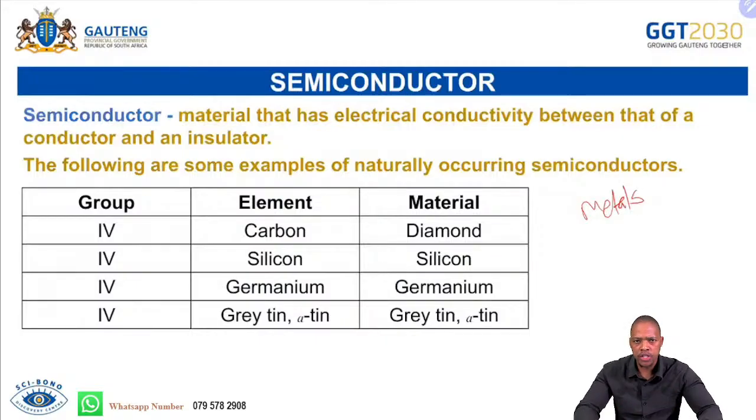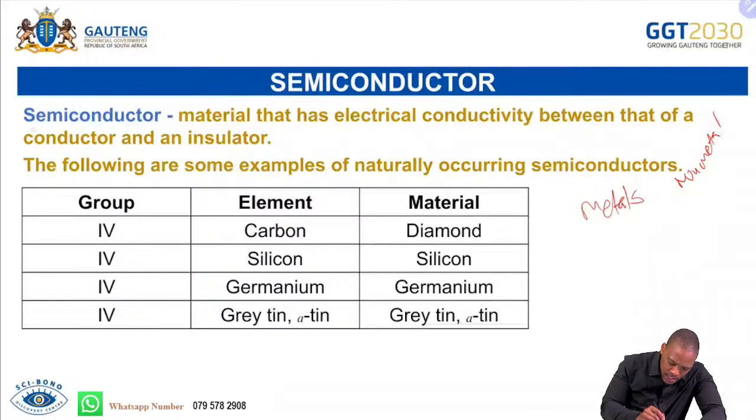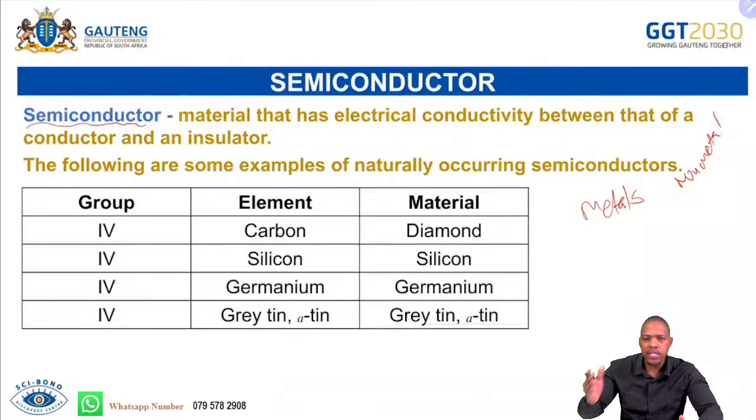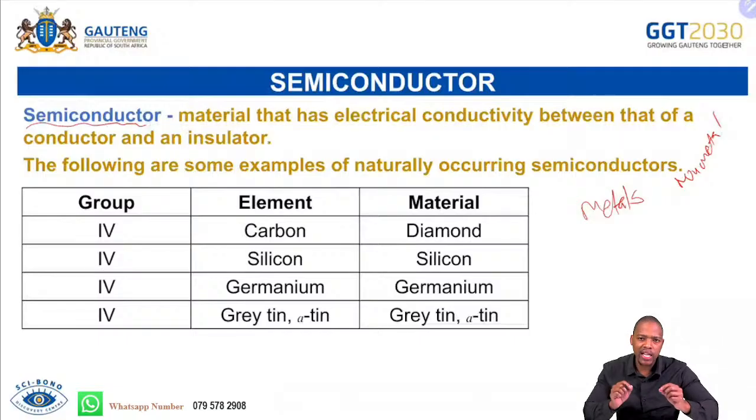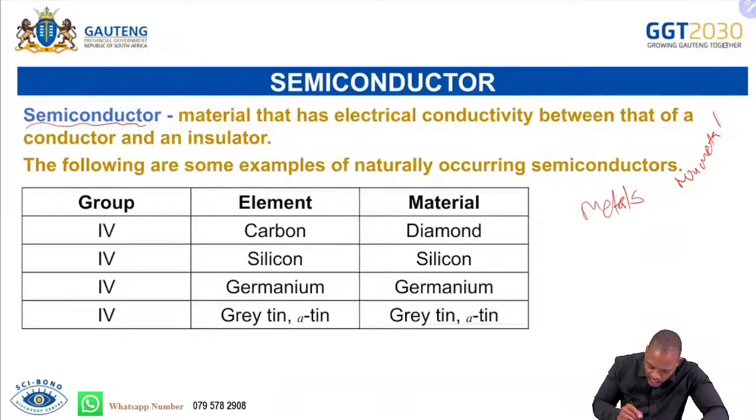It allows electricity to flow through it. So that's good for us. And then we have an insulator. These are usually non-metals. These ones do not allow electricity to flow through them. And then we have a semiconductor. Okay, what is a semiconductor? We say this is a material that has the electrical conductivity between that of a conductor and an insulator. Just right there, having the electrical conductivity that is between,